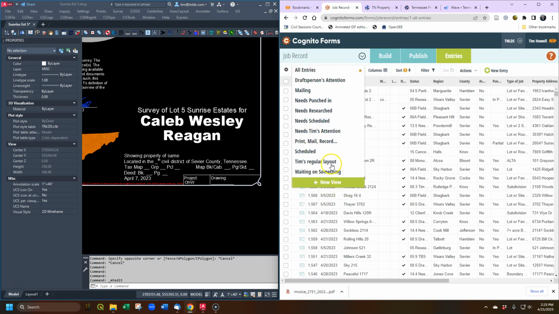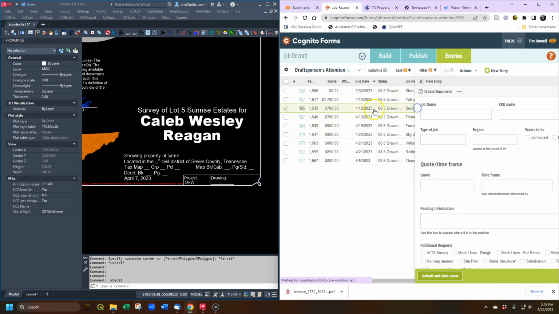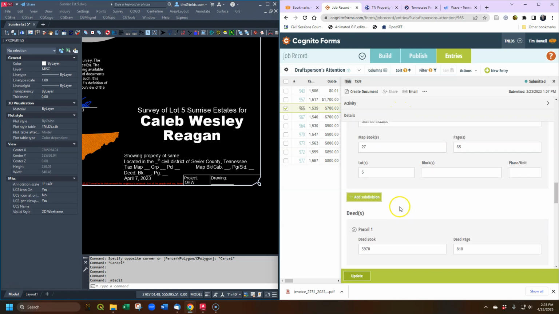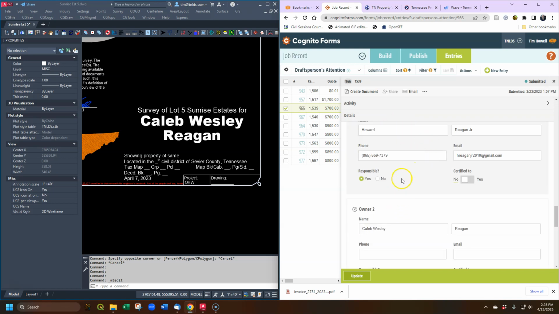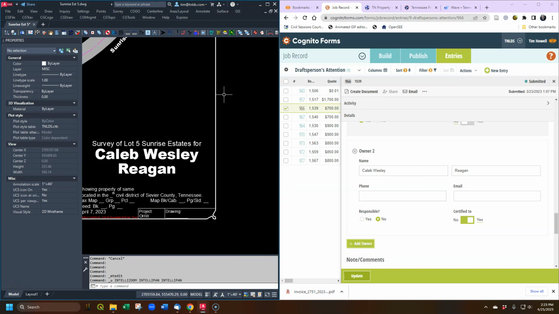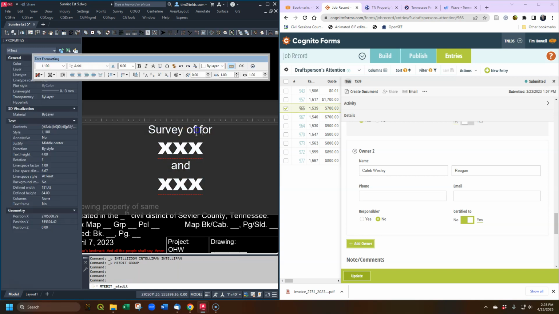and you would go to where it drafts person's attention instead of the one I was on. Bring this up, and we're back to that note. So this wasn't the owner, this was a contactor, but they are responsible because they ordered it. Like Wesley Caleb is the owner. However, I want to go here and hit Control Z because I want to undo, mainly because I want to make this correction. Survey of Lot 5,